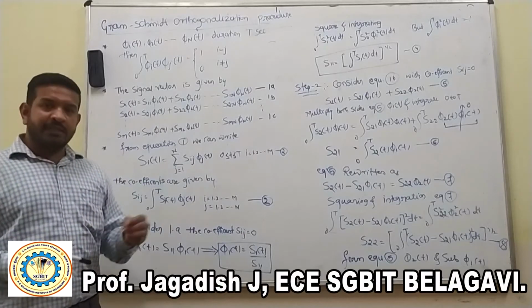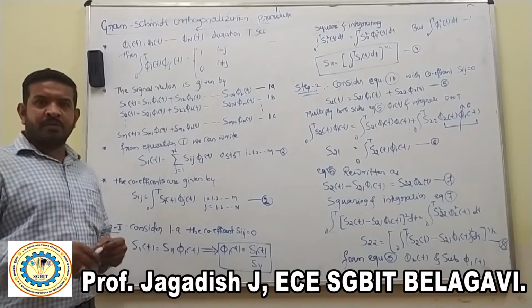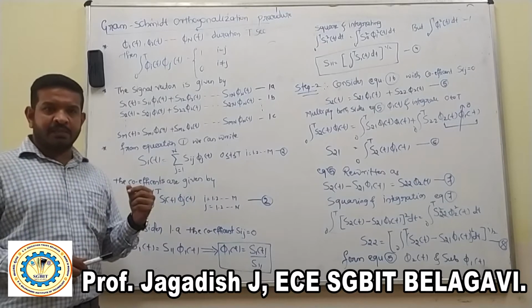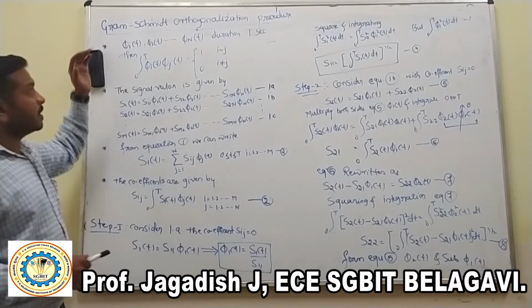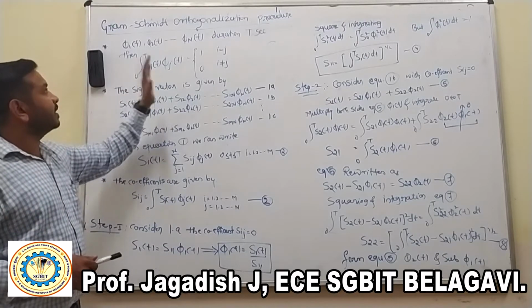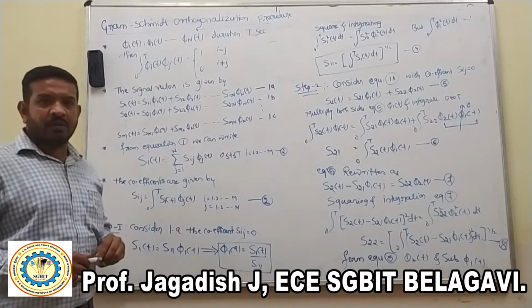Discuss the length of the vector. So what is the energy of the signal? Then what is the relation between the length of the vector and signal energy? So today we have to discuss how we can represent signals or symbols by using the Gram-Schmidt orthogonalization